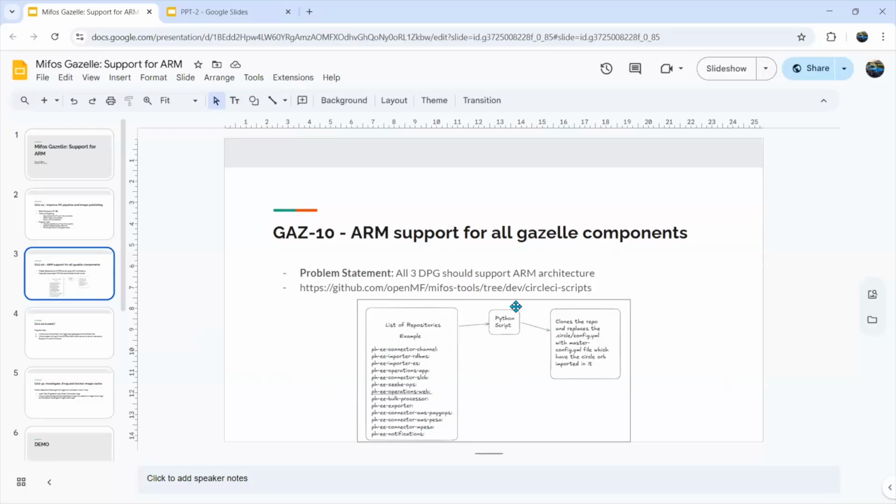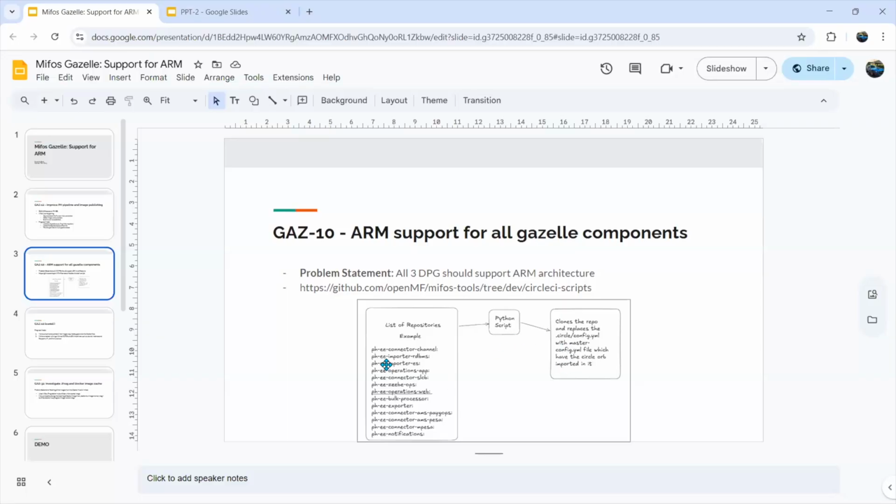The Python script is responsible for converting this config.yaml file to the master config.yaml file. For example, we have the connector channel. The connector channel has its own config.yaml file in the circle.ci folder, and that config.yaml file is replaced with the master config.yaml file by this